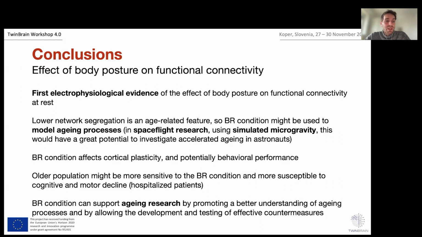Therefore, we could see that the bed rest condition affects the way the different brain regions communicate to each other. So this might also have an effect on behavioral performance and should be tested. This represents a very interesting research line to explore, because the impact could be very important not only for spaceflight research, but also for better understanding aging processes and the effect of prolonged bed rest in hospitalized patients. With this, we might be able to develop and test more effective countermeasures against these cognitive and motor deficits that could be associated with aging or